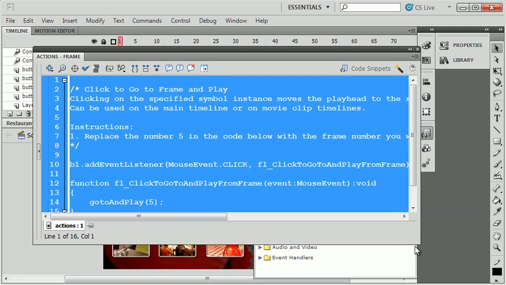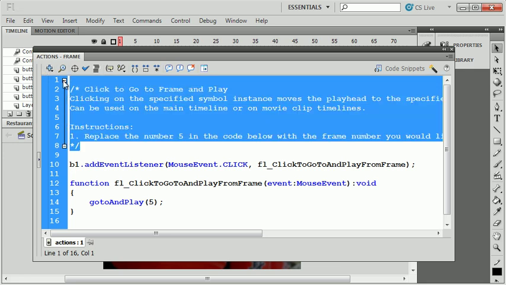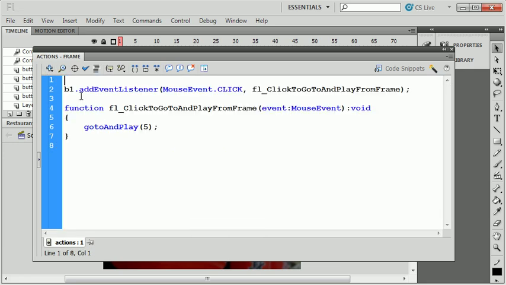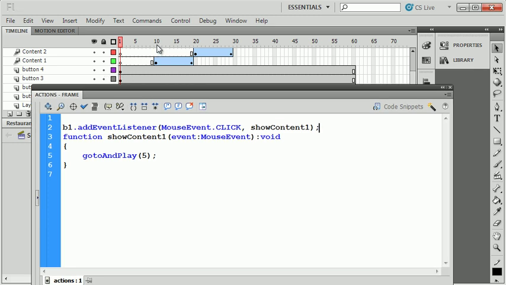It copies that snippet into my timeline with a big comment. I'm going to get rid of the comment. Remember, this is saying b1.addEventListener. When button 1 is clicked, call this function, and this is a really ugly function name that it made. So I'm going to rename this function. I'm going to call it showContent1. And I want to go to and play frame 10 because that's where the first piece of content